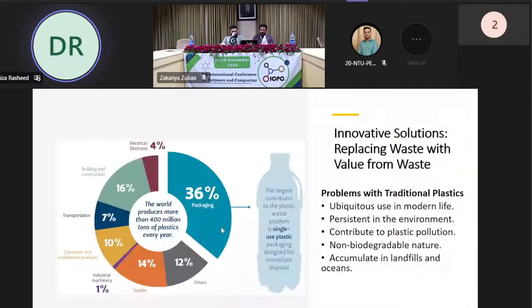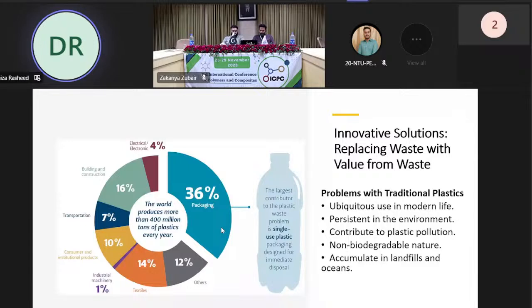So some of the innovative solutions from this starch and protein material could replace the waste with valuable products. The problem with traditional plastic is that it persists in the environment and does not degrade even after 1,000 years, and causes pollution, and